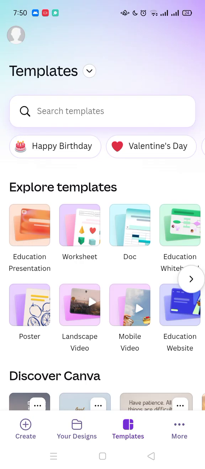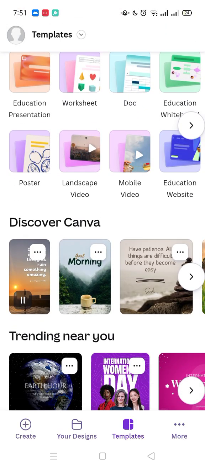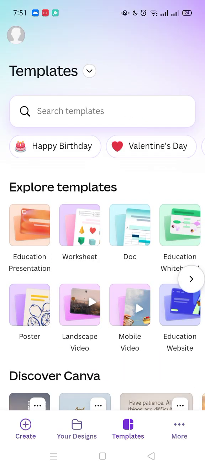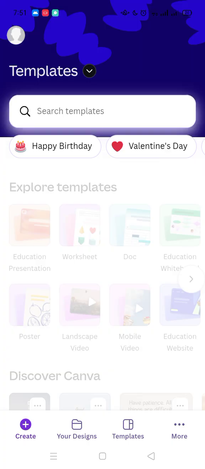We are going to be learning how to create a business card from scratch without using Canva ready-made template. So you know that here what you do is that you go to create, not template. So we are going to create,